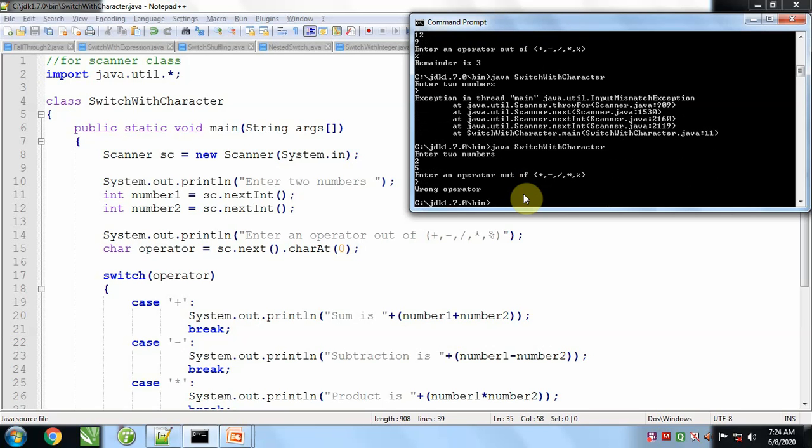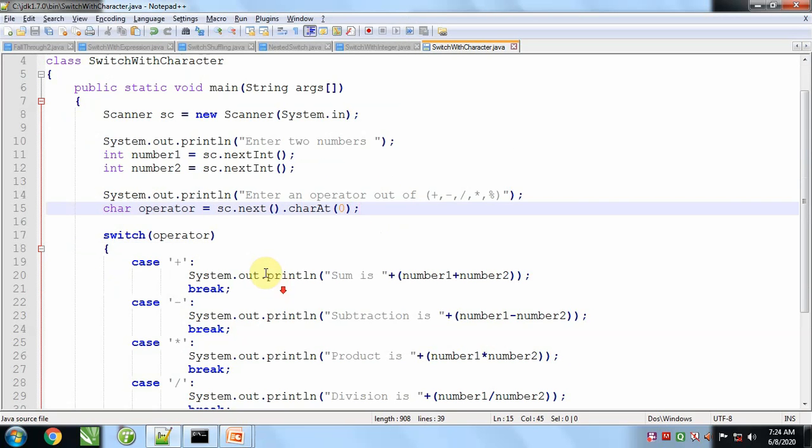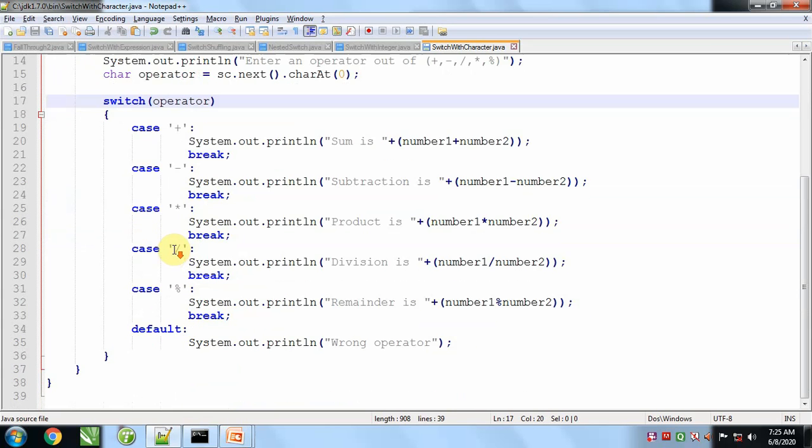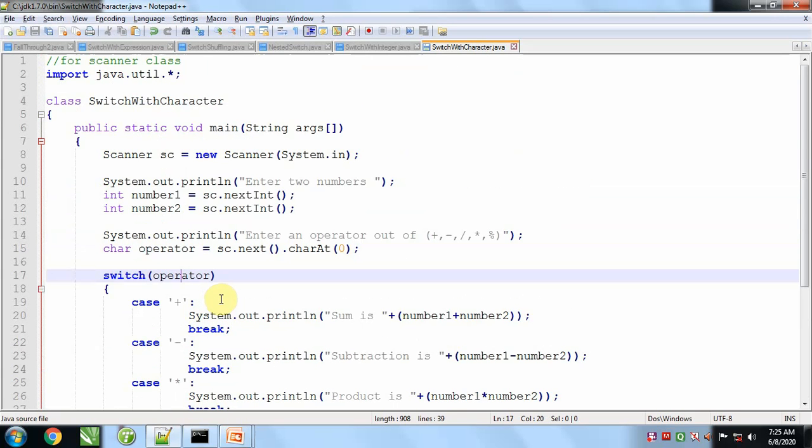So like this we can do switch with character. In this we have to read an operator as a character, and then we will pass that variable as the switch constant, and it will match to the cases which are also character cases. So like this we can work switch with character.